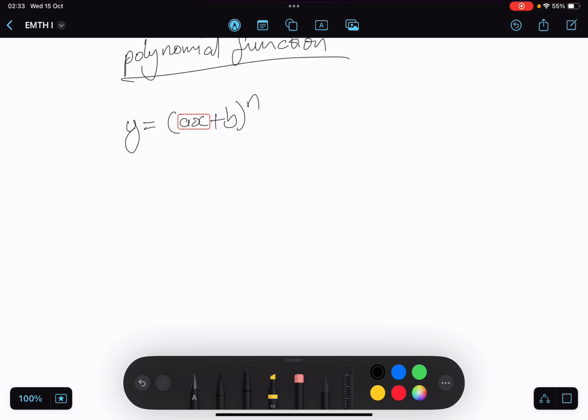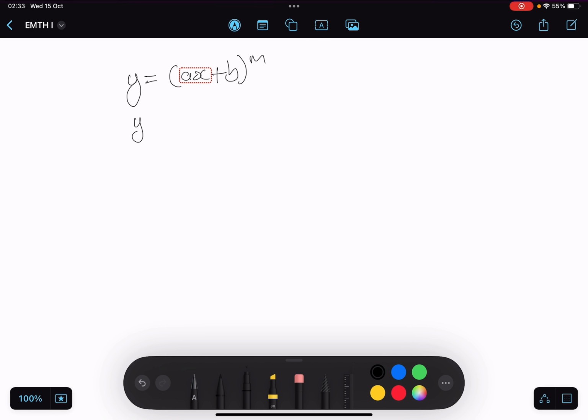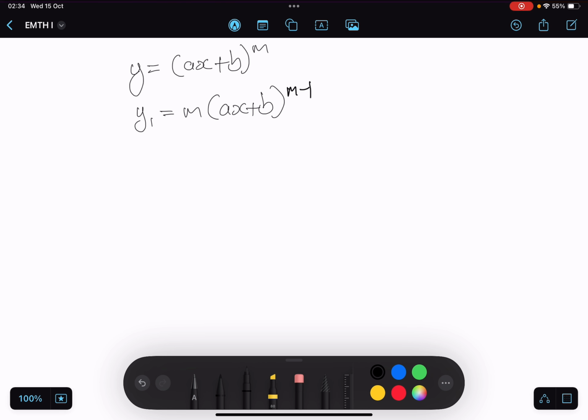Or let me just say to the power m here, since we'll be using n for the nth derivative. So the first derivative of this polynomial is going to be m(ax + b)^(m−1), isn't it? And then if you find the second derivative, it's going to be m − 1